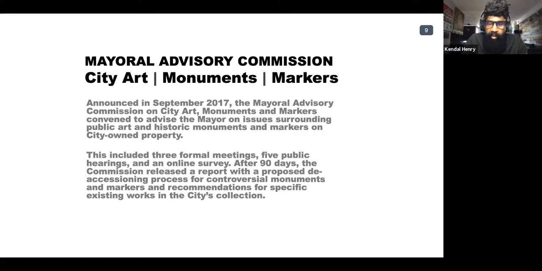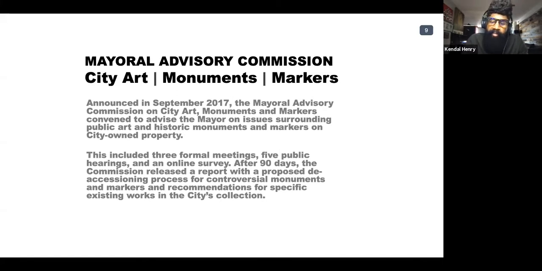so that led New York City to take a look at what's happening and what is in our collection, and really make an assessment of that. And so the mayor announced the Mayoral Advisory Commission on City Art, Monuments, and Markers to convene and advise the mayor on issues surrounding public art and historic monuments and markers on city-owned property. And the way we did that is there was an 18-member commission that represented quite the diversity of the city,